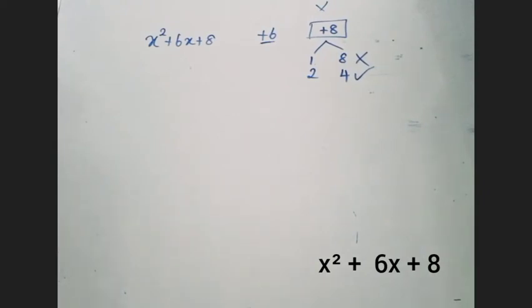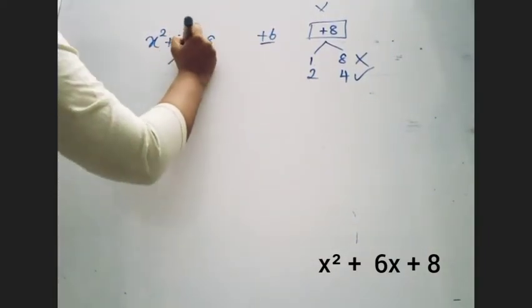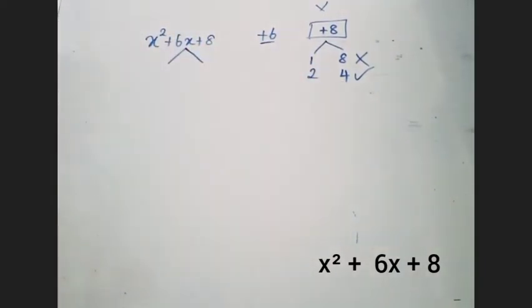Choosing the correct pair is the hardest step as well. I wouldn't say it's so hard. Since it's the first example, you might get a little bit confused, but when you do a lot of sums, you will get a lot of practice, and you'll find it easier to find the correct pair. After that, we are going to split the middle term into these two values. So that is going to be your second step.